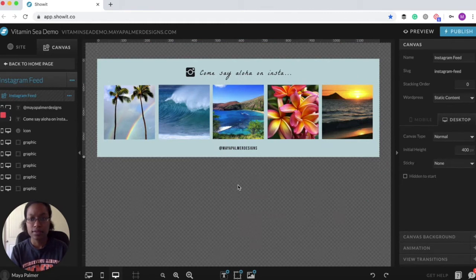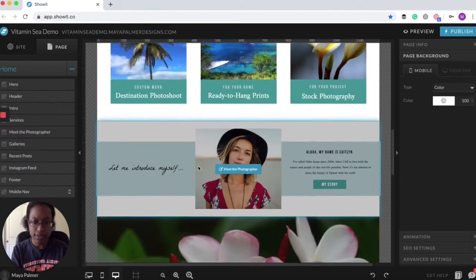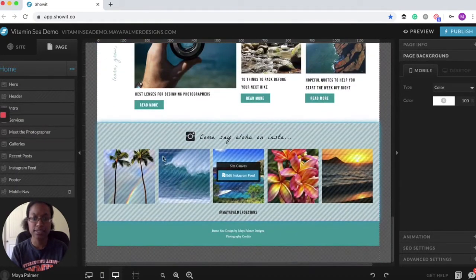So let me go back for a second. When you scroll down to the bottom, you'll see this Instagram feed canvas, and it says site canvas. In Showit, a site canvas is any section of a page that is repeated on multiple pages, and it's made in such a way so that you can easily add it to different pages without having to recreate it each time. And so an Instagram feed is something that I'm going to have throughout this entire Showit site,